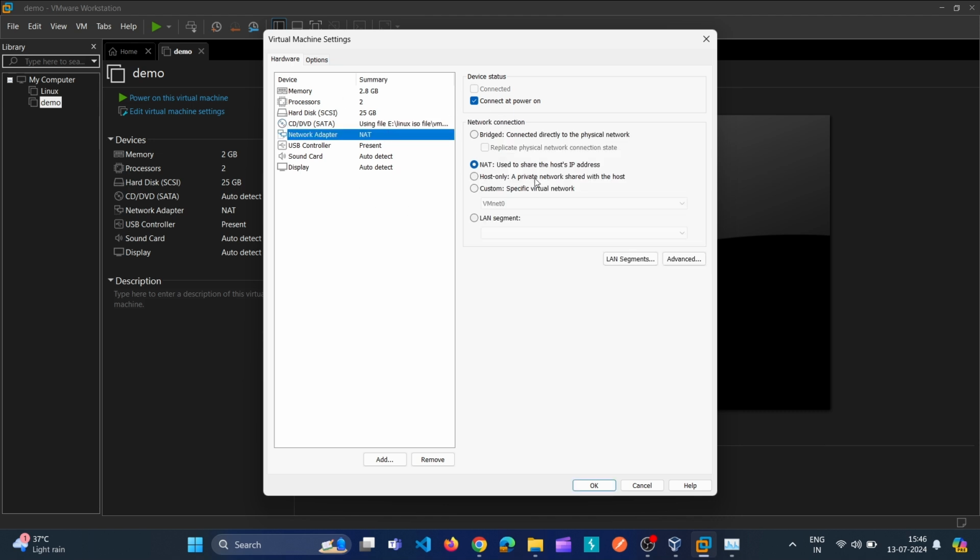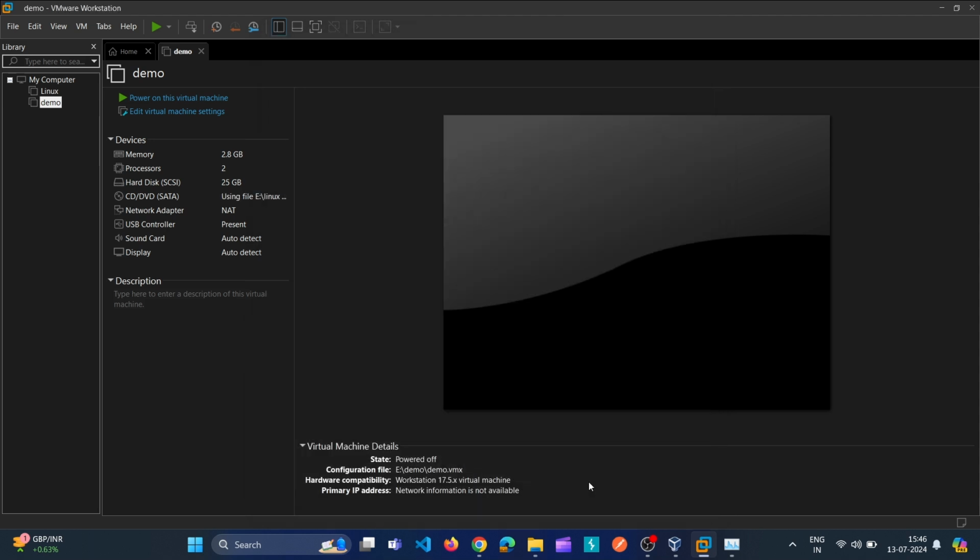Here is the network adapter. I will keep it as default, NAT, and the rest is the same. I would suggest keeping the network adapter as NAT. After you have done all the setup in Kali Linux, then you can change it to bridged. But before doing the setup, keep it as NAT. Okay, click on OK. Now you can click on power on this virtual machine and we can